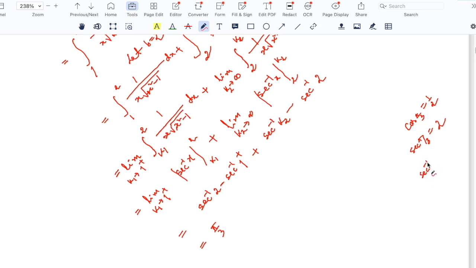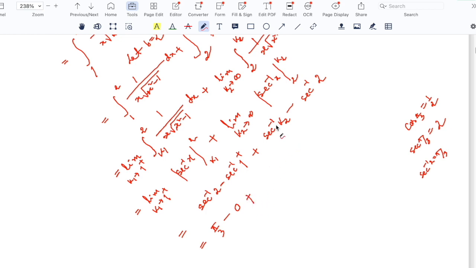Now sec inverse 2 equals pi by 3, so you can cancel here, but let me put the value. Sec inverse 2 equal to pi by 3 minus sec inverse 1, it will be what? Sec inverse 1 is equal to 0 because cos 0 equals 1, so sec 0 will be again 1, therefore sec inverse 1 is equal to 0